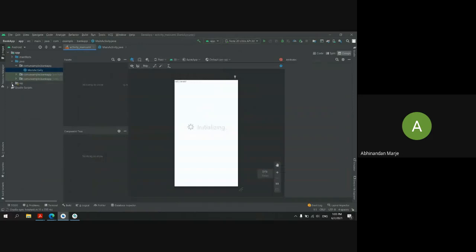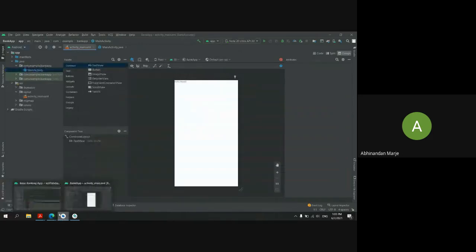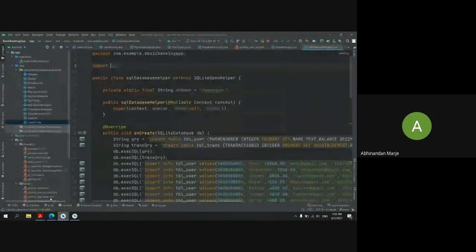This will be our first activity for our welcome screen. I will be just copying the activity layout because I don't want to waste more time on it.